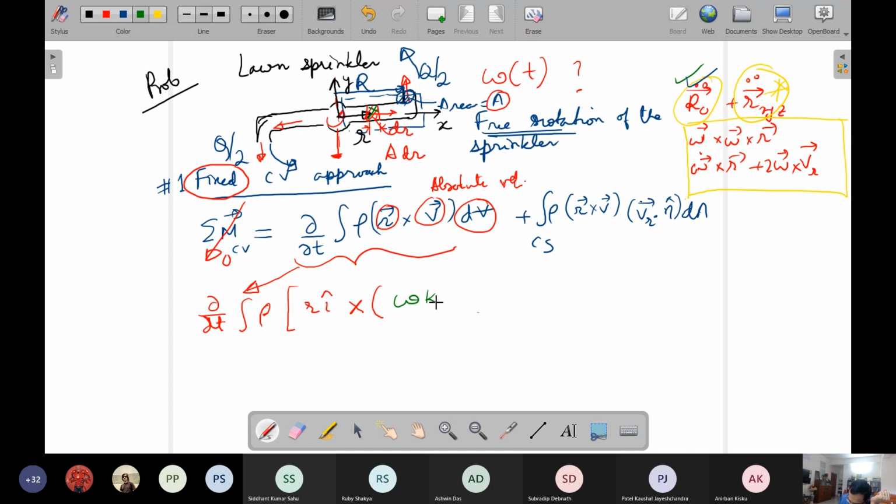Omega is the angular velocity in the xy plane, so the angular velocity vector has a sense in the z direction, cross this r. This is the velocity of this point, had there been no relative movement of the water, but the water is also moving relatively